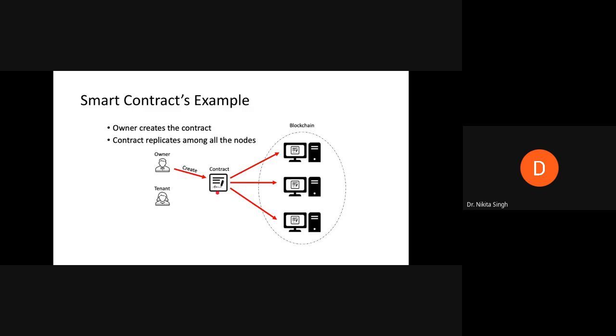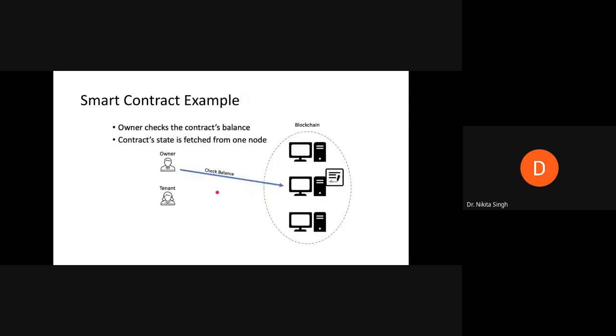So there are several ways in which smart contracts could be implemented. You can use it to implement a financial scheme also. That is, you can have a smart contract that reads the balance, fetches it, and returns it to the user. So you can implement a kind of mechanism in which the owner can request a balance check, the smart contract gets executed, and the result is returned to the owner of the transaction.